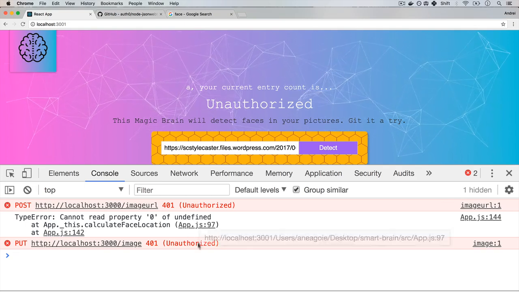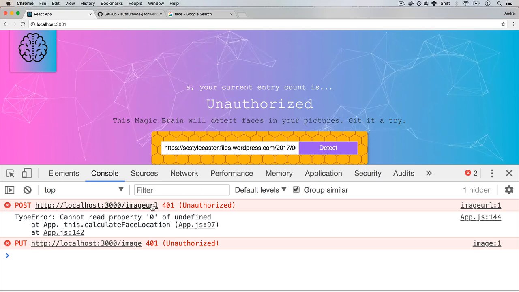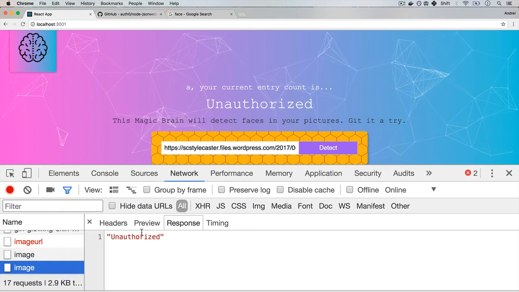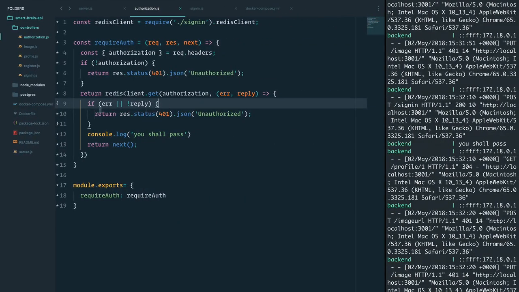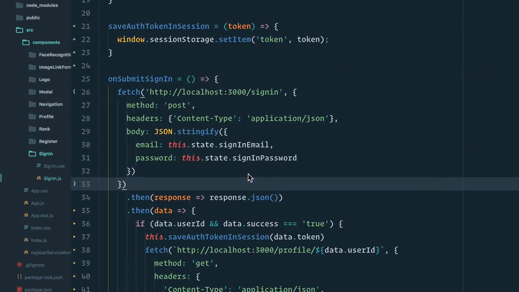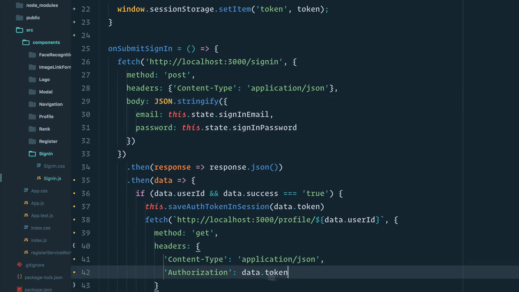Now, why is that? And there's some error handling that we can improve here. But the main thing is we're hitting these endpoints, image URL, image, that, well, they're unauthorized. We haven't implemented on the front end what happens when we do the handle image and handle API call. Because we want to actually send the token. And if we don't send a token, we should not expect anything back. So let's go back to our front end and fix some of this. We need to add the authorization header to our image and image URL endpoints. So let me just copy this